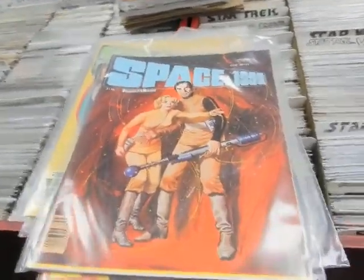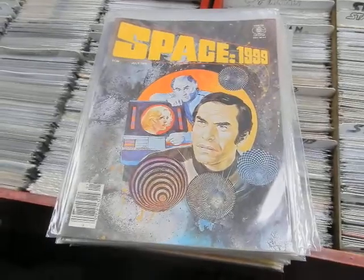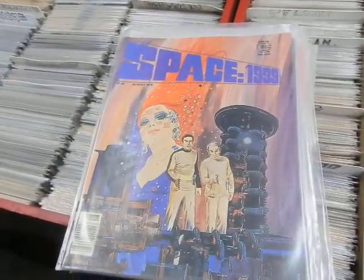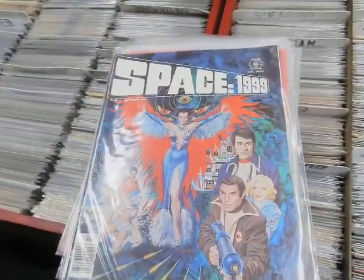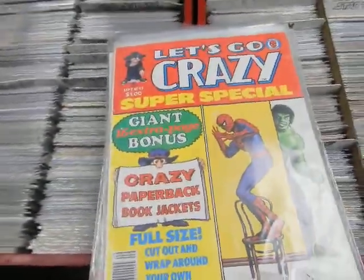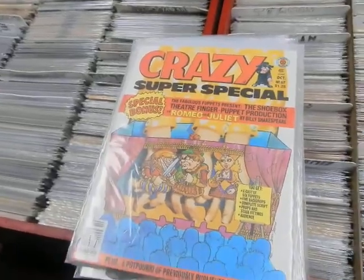This is issue number 2, 3, 4, another 5. I bought a 5 earlier in one of my previous collections, and this has a Gray Morrow cover, also 5. We got 6, 7, 8. I think that was the last issue of the series, the magazine series. We got Crazy number 42, 64, 67,